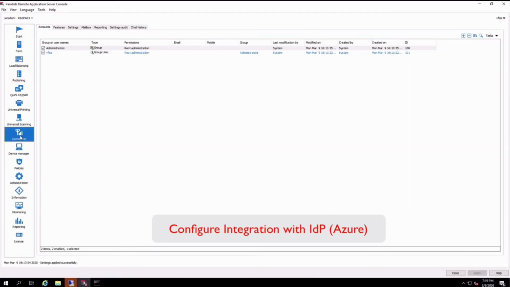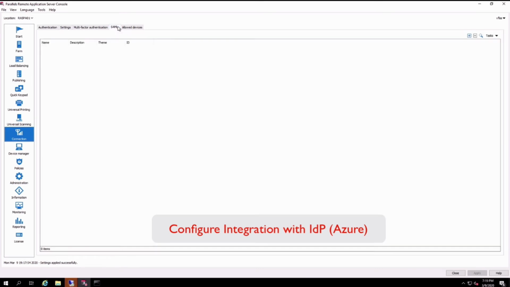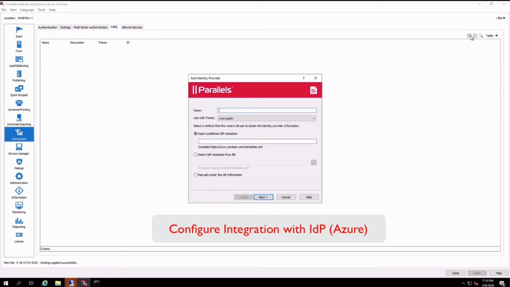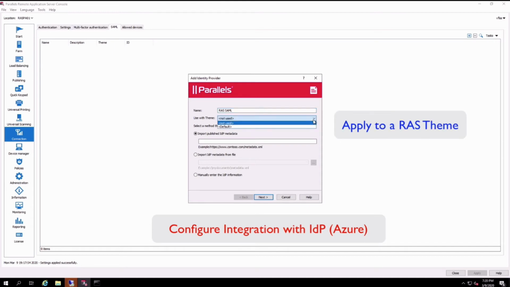Okay, so let's go back to the RAS console. I'm going to configure the integration with our identity provider, which is Azure. So connections, SAML, hit the little blue plus. Let me go ahead and give it a name. I'll just call it RAS SAML. Remember, SAML uses HTML5 only, so I can pick a theme that I want this to apply to. I'll just use the default theme because that's all I have in the lab, but I could pick any theme that I created. And now I need to